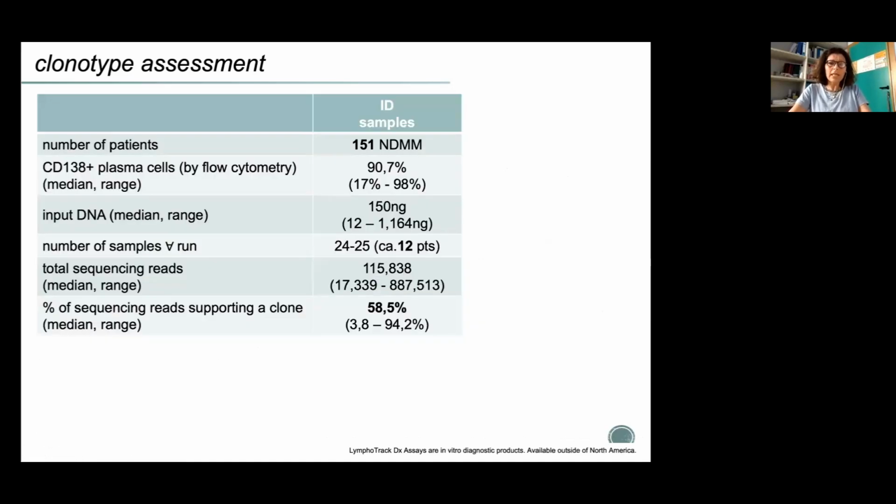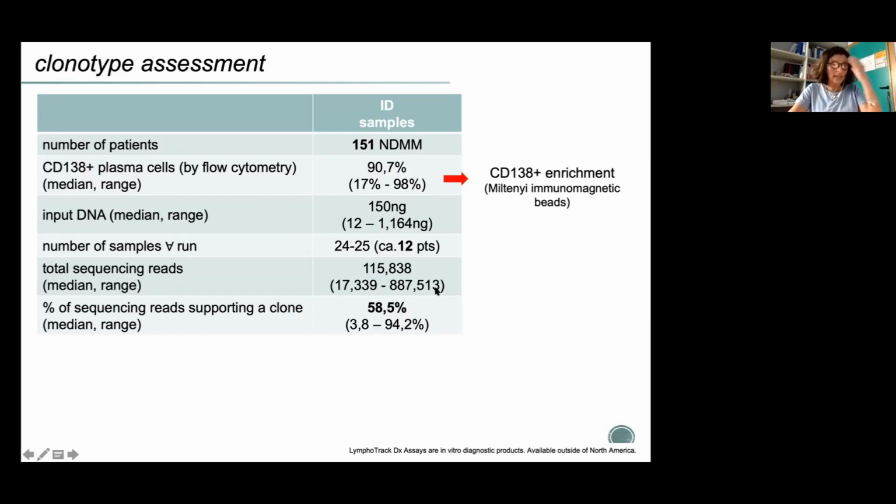Here are summarized other technical features. I would just like to underline that for each newly diagnosed patient, we performed CD138 enrichment, and therefore samples were highly enriched in neoplastic cells. We also decided to optimize the workflow by including 12 patients in each run,